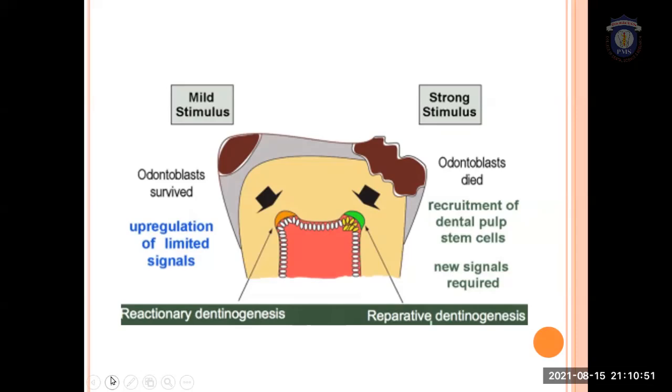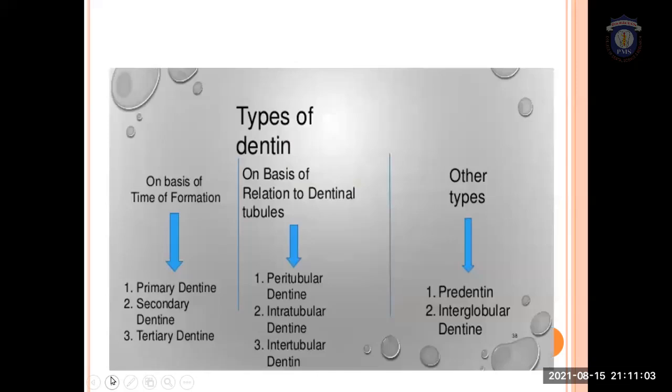So that kind of tertiary dentine is known as the reparative dentine. So the reactionary dentine and reparative dentine together constitute the third type, the tertiary dentine. So apart from the primary, secondary, and tertiary dentine, which we classified on the basis of time of formation,